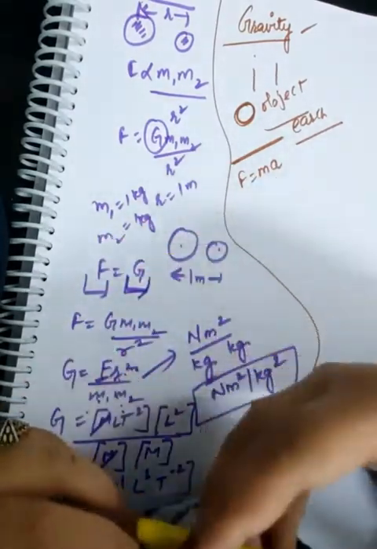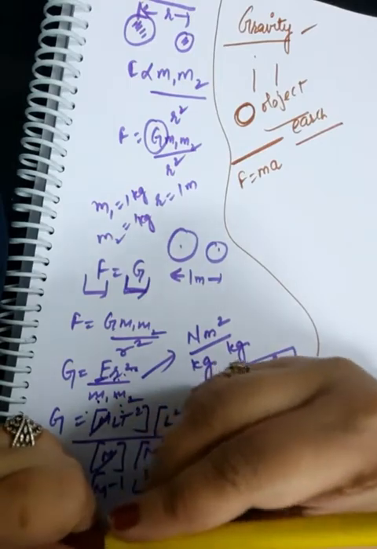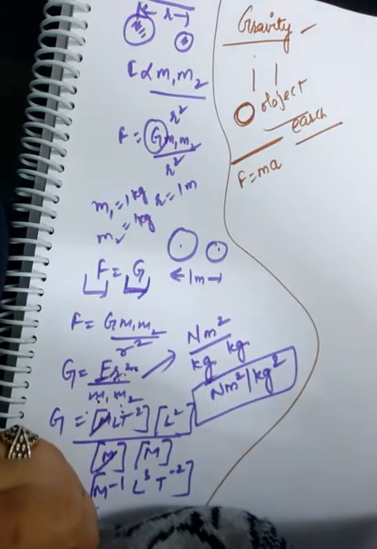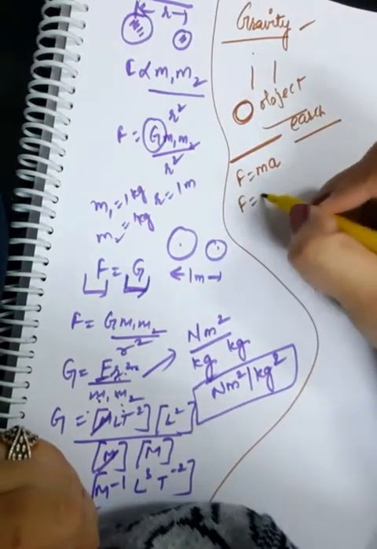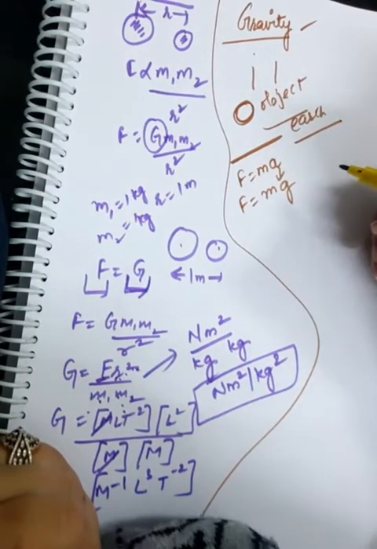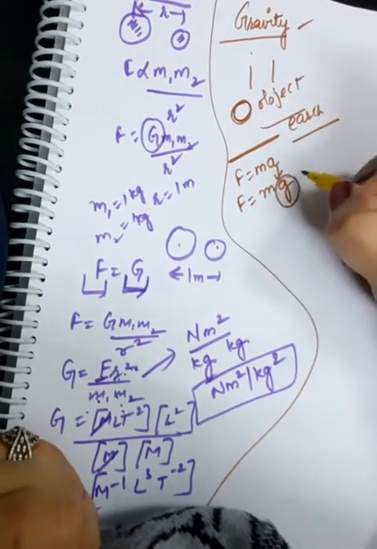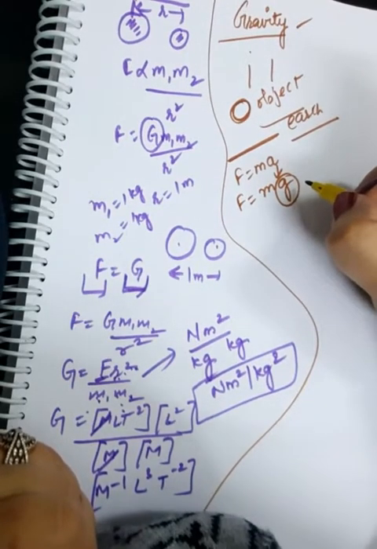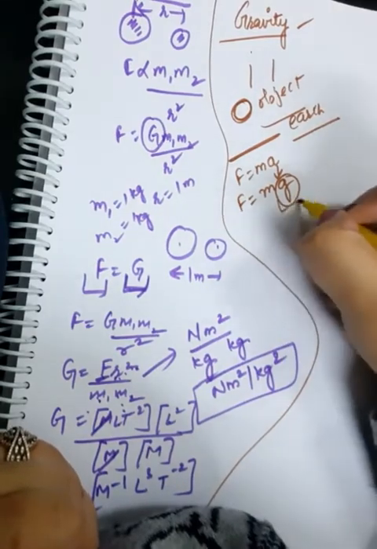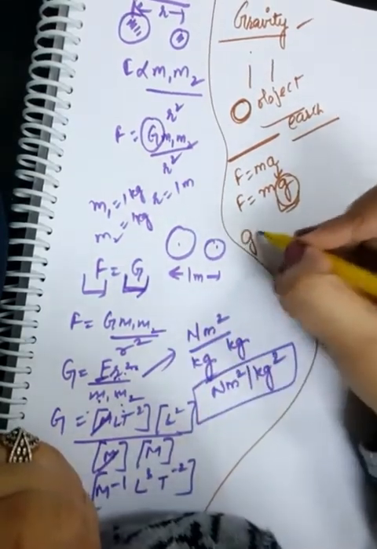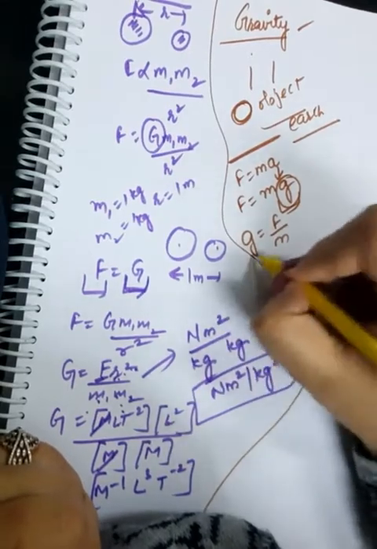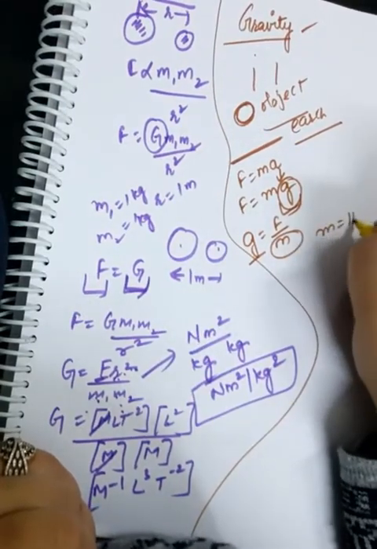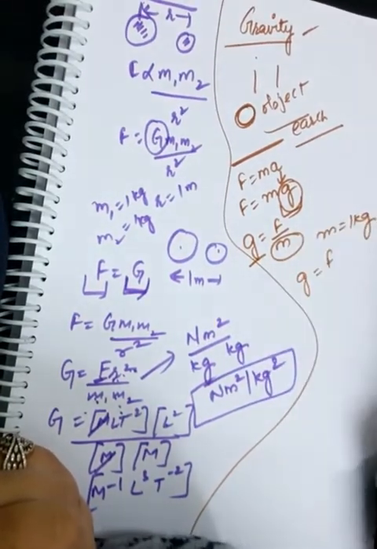When its velocity is increasing with time and it is accelerating, that's not an ordinary acceleration. Rather, that acceleration is taken as small g. This is small g, and this is known as acceleration due to gravity. And how to define it? Acceleration due to gravity, g is equal to F upon m. To define it, take mass equal to 1 kg, so that g comes out equal to capital F.